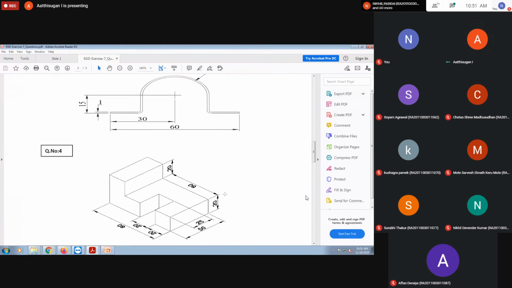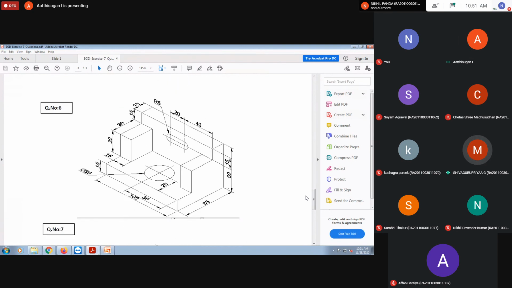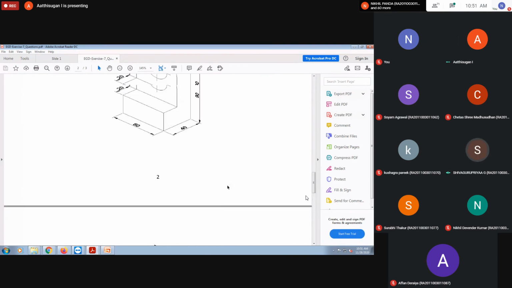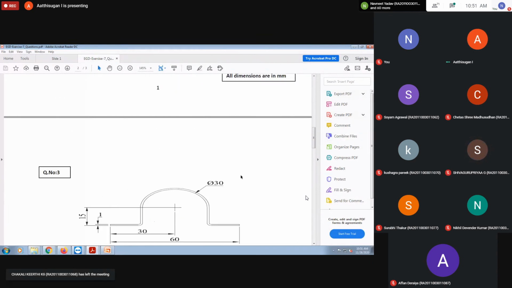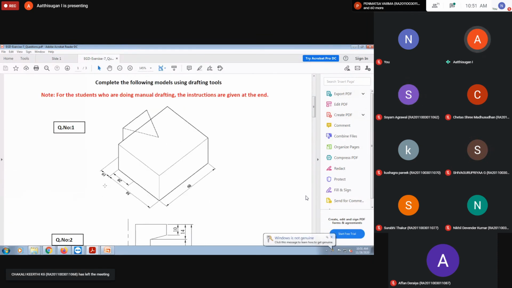Sir, in the layout page, is any one view enough or should we draw all 3 views? Three. In layout, just move the cursor to the front view, top view, and side view, and isometric is also fine, 4 views. But dimensions are important. No need to worry about labeling or notations. I want only dimensions. That is enough.